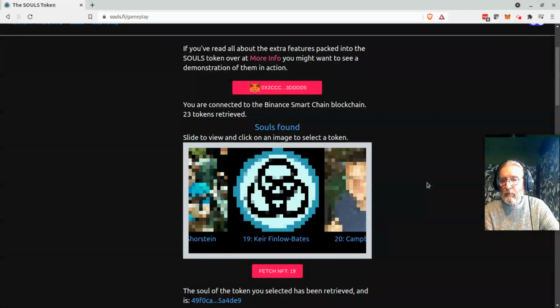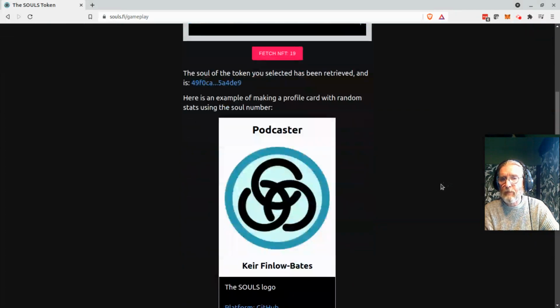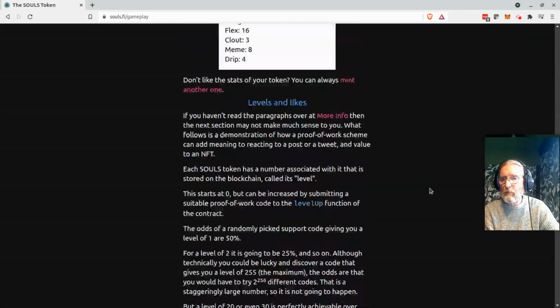In fact, pretty much everything is happening in your web browser. And this is just a service that acts as a simpler interface. You could do all of this without even using the web if you know how to program blockchains and you know how to interact with Ethereum blockchains from the command line using a tool such as Hardhat. So the web is not the key part here, it's just the user interface. When I say it's not the key part, the fact is it's really important to have a user interface because most people are not going to want to do this kind of stuff from the command line.